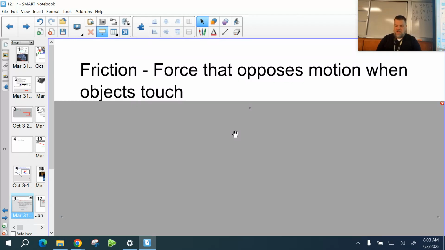Now try pulling your hands towards yourself. You'll feel the desktop going in the opposite direction of the motion. That's friction. Friction on a microscopic scale,